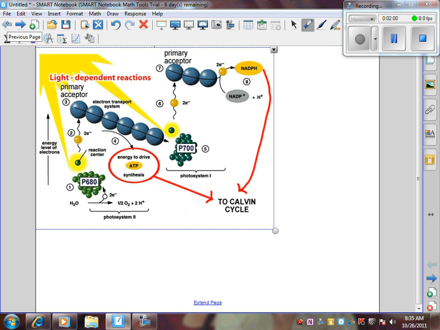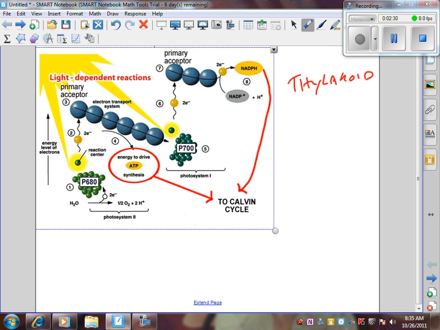Now, these light reactions are going to take place in the main organelle of plants, which is the chloroplast, specifically in the thylakoid membrane. So this will come back. I'll show it to you again. The thylakoid membrane is where we're going to see this. Just like we saw a lot of the main reactions for cellular respiration, especially the electron transport chains, found in the cristae, we're finding an inner membrane within the chloroplast is where we're going to see the light reactions